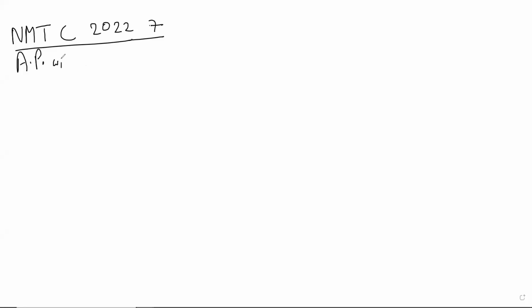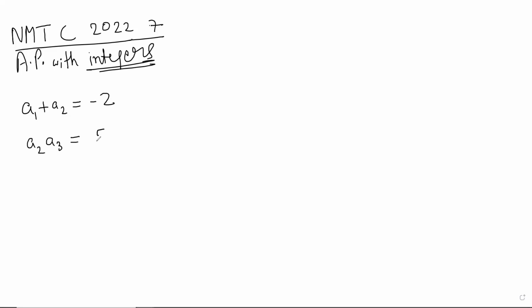So we have an arithmetic progression with integers. The sum of the first two terms is -2, and the product of the second and third terms is 5. The least number of terms, no, the least number of the term which exceeds 2022,